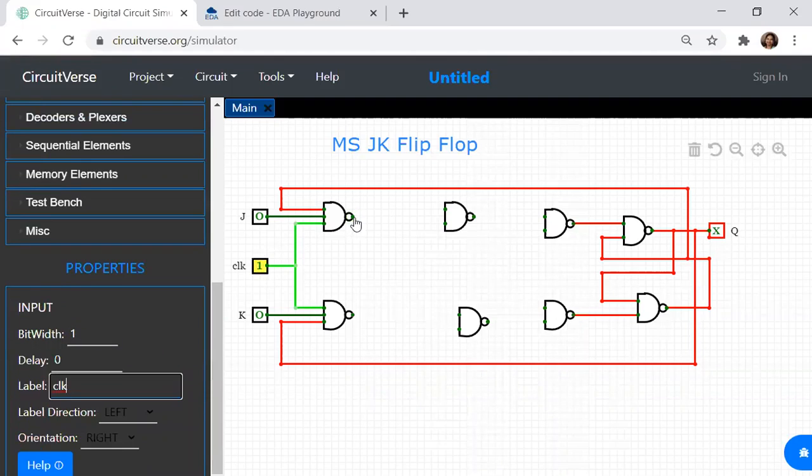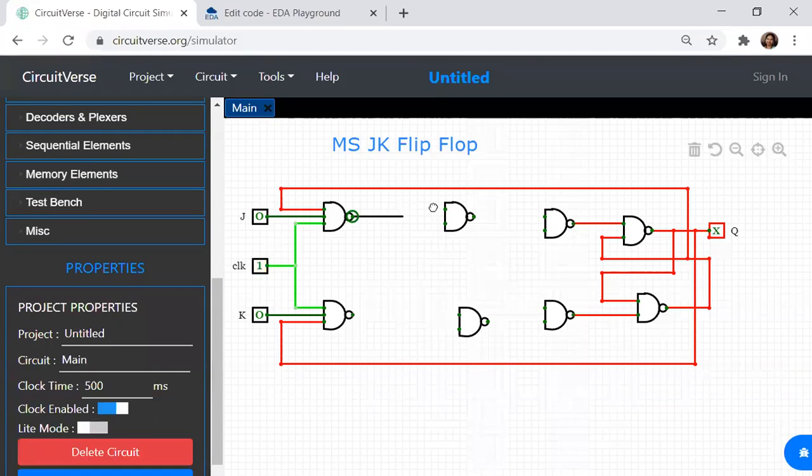And now what happens over here? This is connected over here. Cross coupled connection I'll be having.